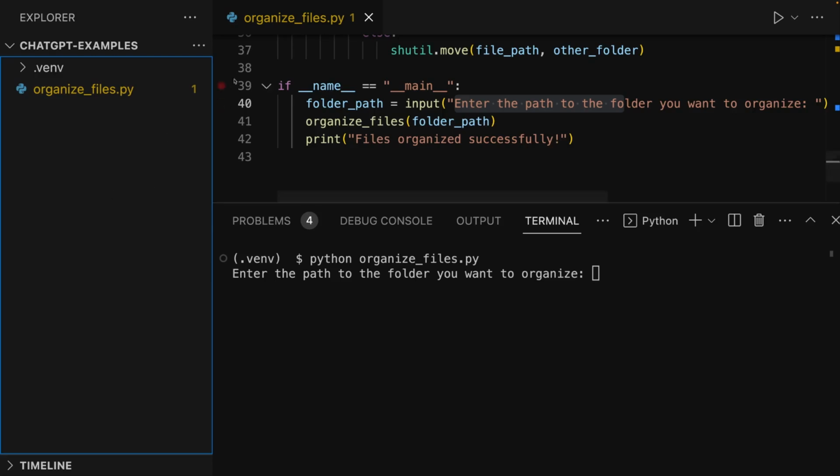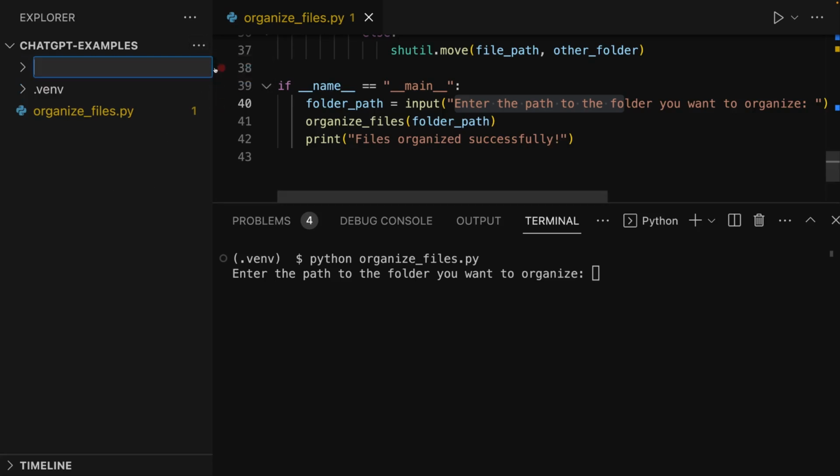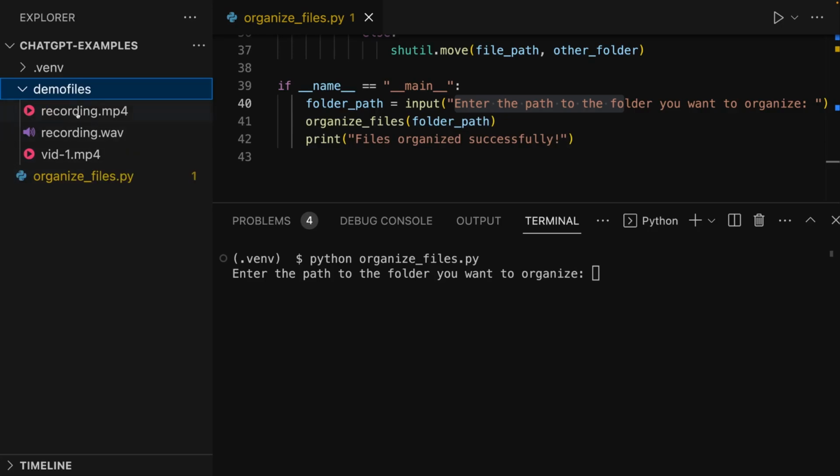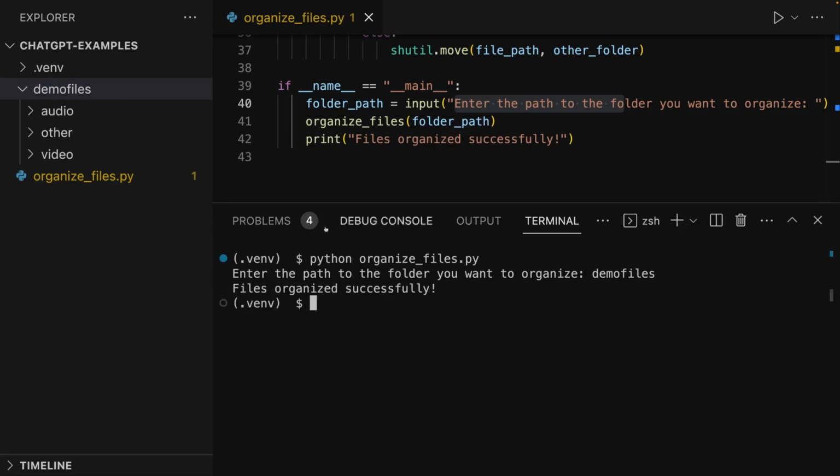And right now I have no such path here, so I'll quickly create such a demo folder, and I'll name it demo files. I now added some MP4 and WAV files into that folder. And therefore now if I enter that folder name here, demo files in my case, hopefully this script goes ahead